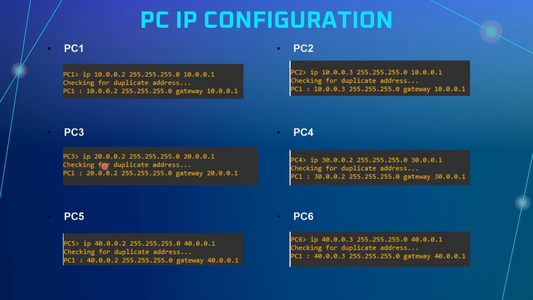10.0.0.1. For PC3, the IP address is 20.0.0.2 and the subnet mask is /24. The default gateway is 20.0.0.1. For PC4, the IP is 30.0.0.2 and the subnet mask is /24 and the default gateway is 30.0.0.1. For PC5, the IP address is 40.0.0.2 and the subnet mask is /24. The default gateway is